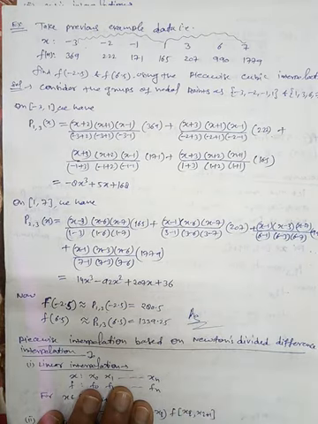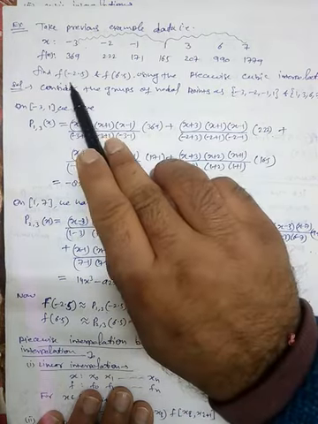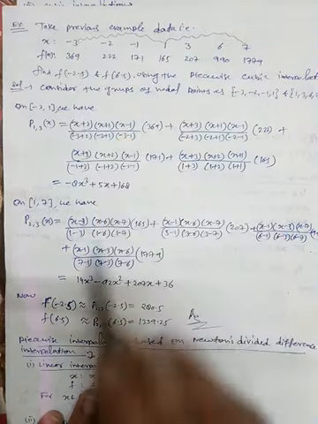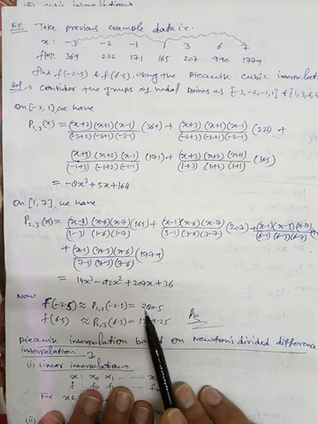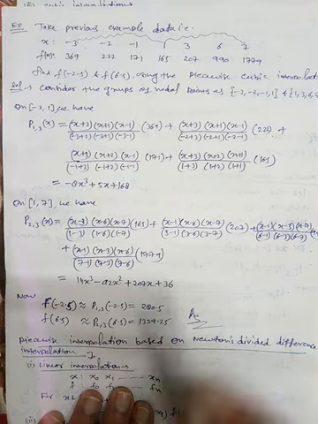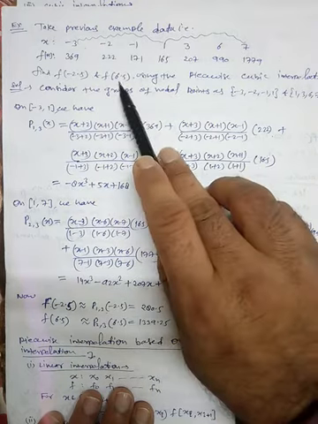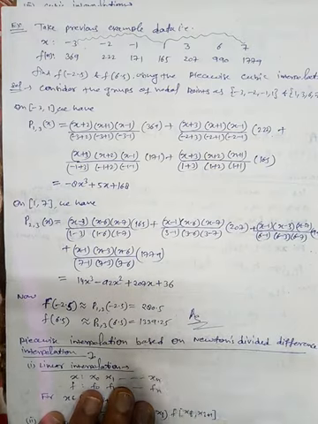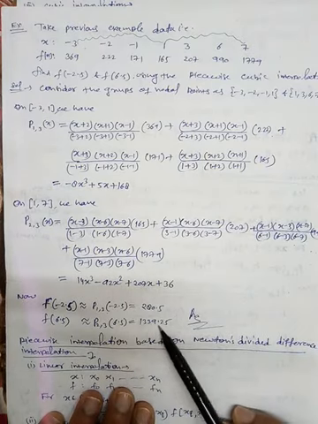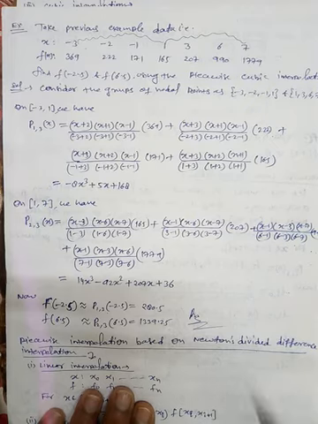Now find the value of the function at point minus 2.5. You can use the first polynomial, and with its help we have 280.5. Similarly, find the value of the function at 6.5. You can use the second polynomial, and using this we have the value 1339.25. Okay, so this is the value.